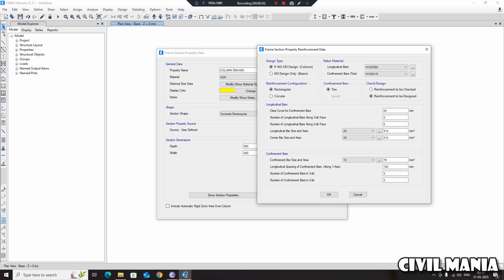Then, this one is the column section, so click on column, rectangular or circular column. I am creating a rectangular column. So reinforcement to be checked and reinforcement to be designed. There are two options, because I will first of all be doing the design, so I will click on reinforcement to be designed. After that, now clear cover for the confined bars. Always remember that as per IS 456 2000, the clear cover of the column sections is 40, for the beam sections is 25, and for the